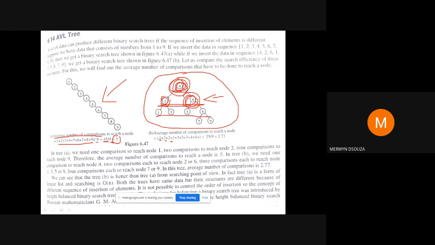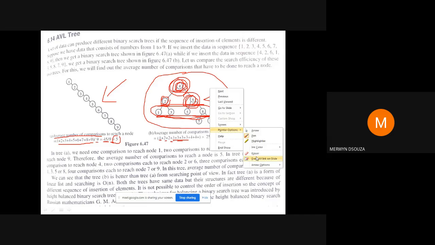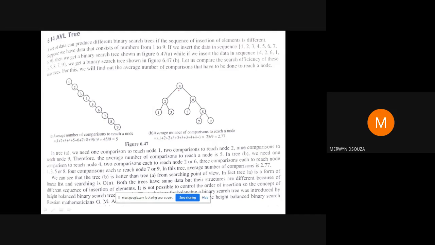And all the nodes here, 4 nodes are there. I require 3 comparisons, so that's why I put here 3. You can see here there are 4 nodes. All of them require 3 comparisons starting from the root node. Always when I'm talking about comparison, start from the root node. So I will start here, here, here. So 3. Similarly here, here, here, I'm comparing 3. Like that there are 4 nodes, therefore 3 is written 4 times.